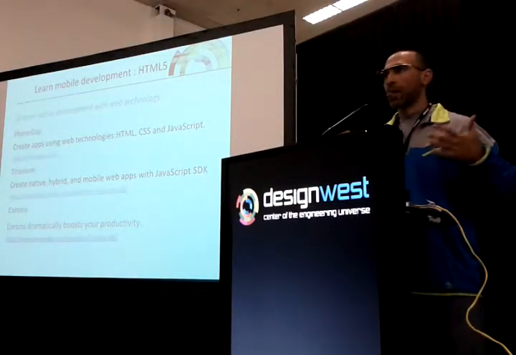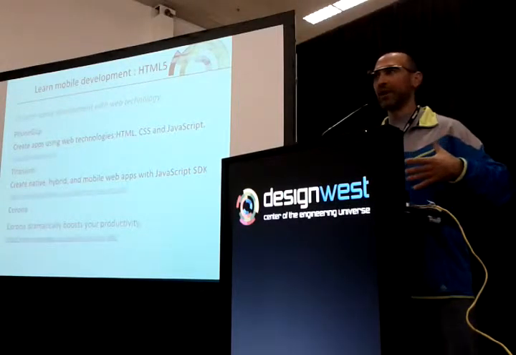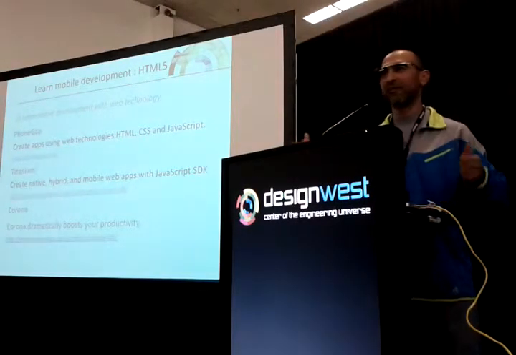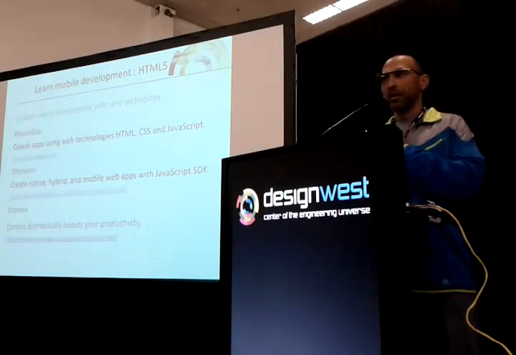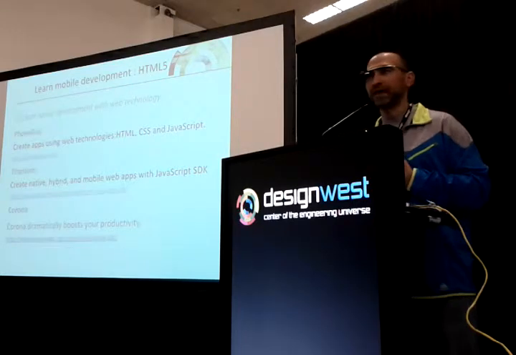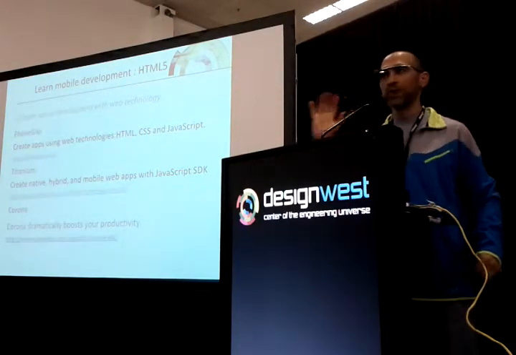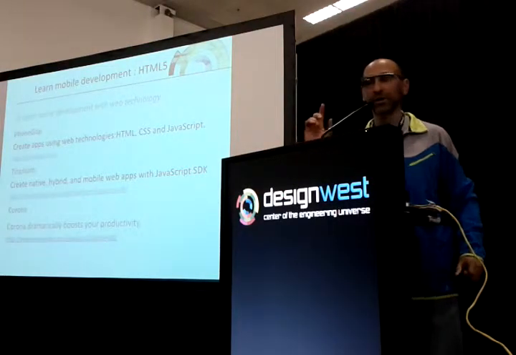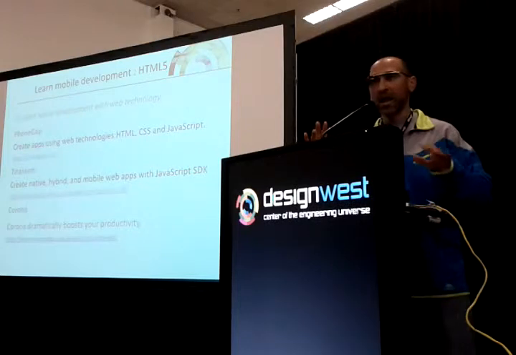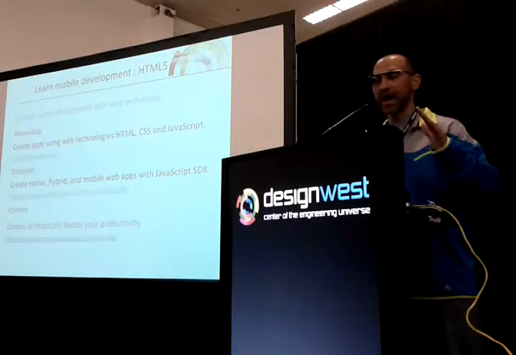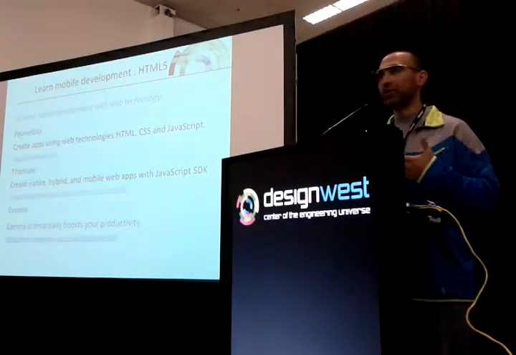Now, I'm going to be talking a lot about moving away from deep embedded development to using Android, iOS, and HTML5 to build things that we used to do in the embedded world. Sometimes you're going to build it in Android, sometimes on iOS, sometimes on both. But the way you're first going to start is to build it in HTML5 with JavaScript and CSS. And then you're going to use either PhoneGap, Titanium, or Corona to run it on your mobile